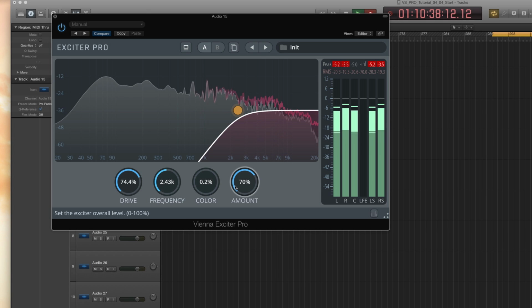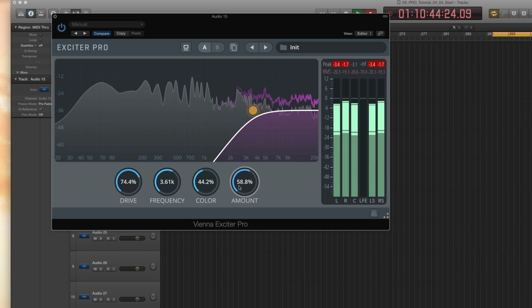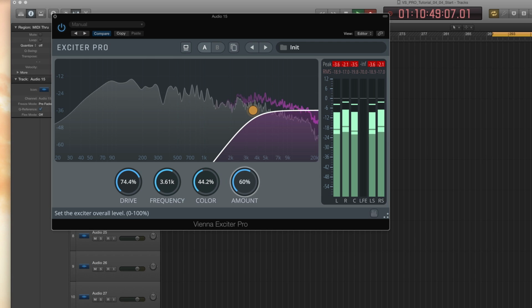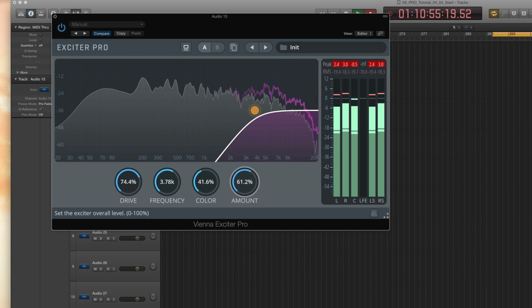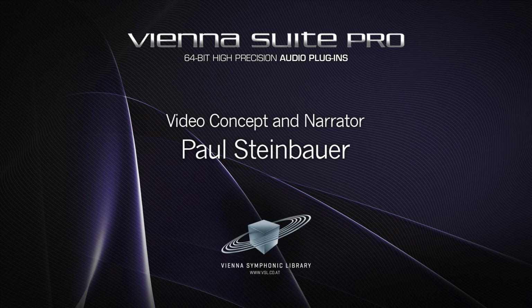Amount adjusts the mix between unprocessed signal and the generated overtones, much like a send gain. There's not much to add to the Exciter Pro, just one advice. Be aware not to put too much sugar on top of your mix.